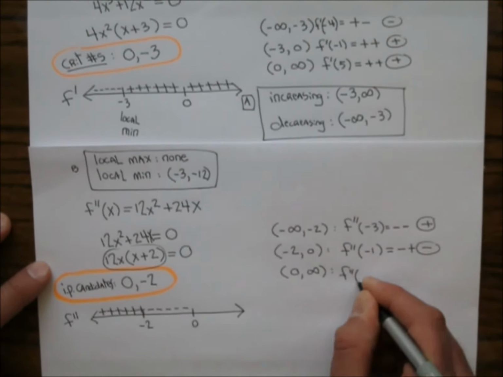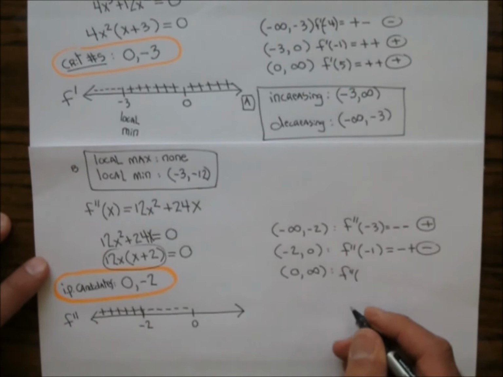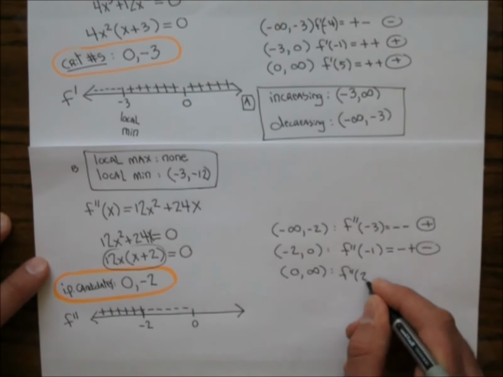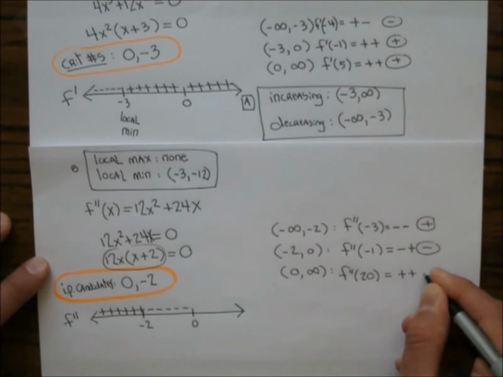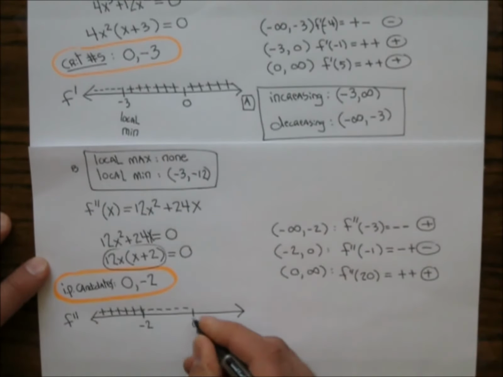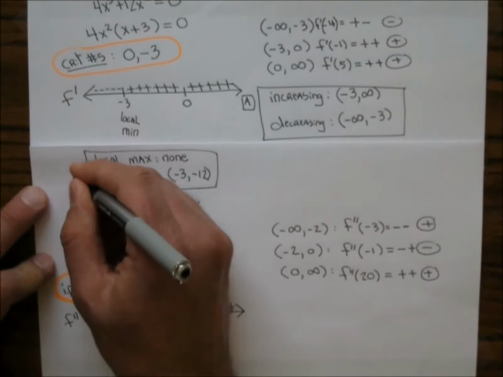So we'll do a point from 0 to infinity. I'll go ahead and pick 20. Doesn't matter, as long as I pick something in that interval, I get a positive and a positive, which give me a positive. So looks like the signs changed again, and this guy's a winner as well. He's an inflection point. And we are answering question C,